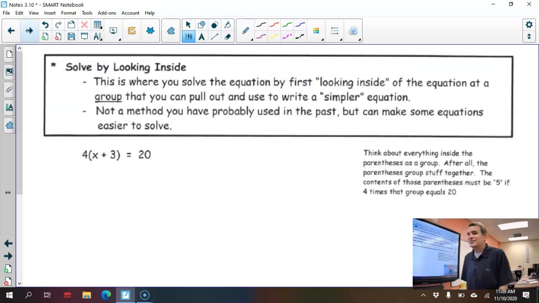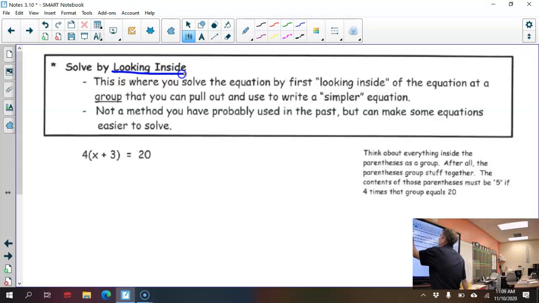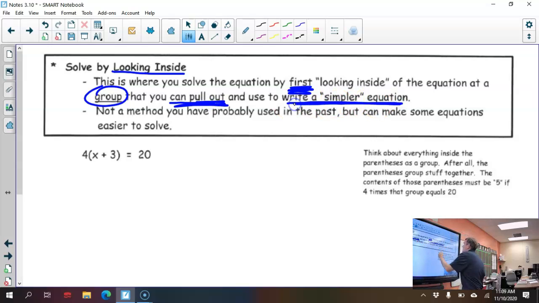All right, and the last one is called looking inside. Looking inside is where you solve the equation by first looking inside at a group, and you're going to pull out that group and write a simpler equation. So I want to use the same example here. Most people would know that 4 times 5 is how you get 20. So I could actually look inside this problem and say this x plus 3